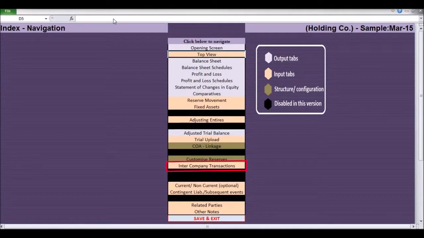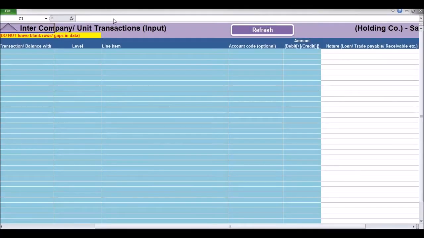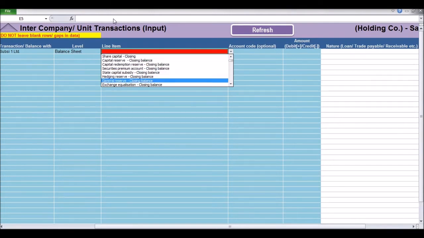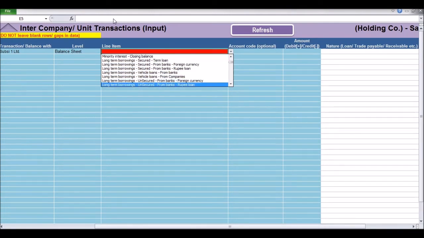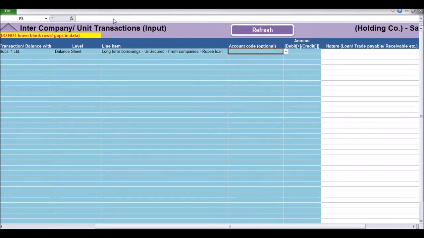The next critical step in completing the standalone template is to fill in the information for intercompany transactions. This view captures information of intercompany transactions as captured in the books of the entity. For example, the holding company in its standalone template will fill in only its side of the intercompany transaction. If the holding company had a loan from subsidiary 1, it would fill in the transaction as shown on the